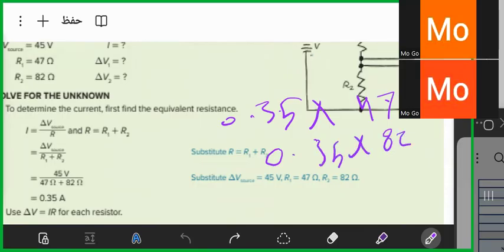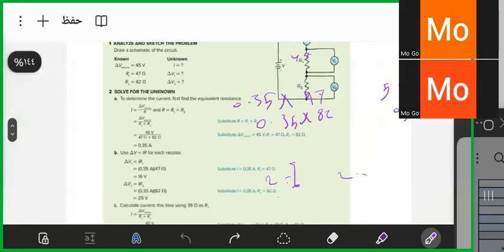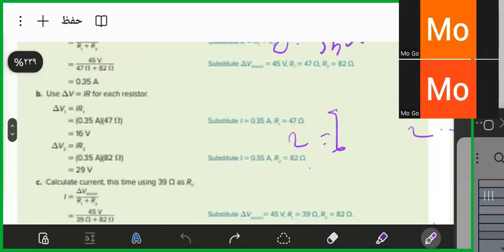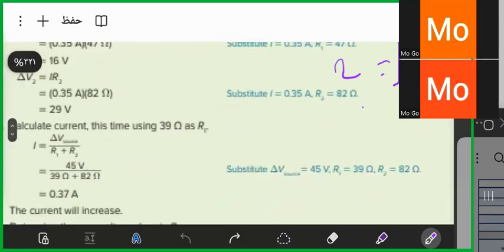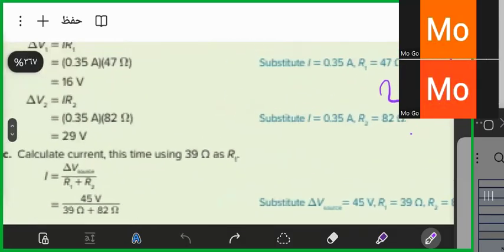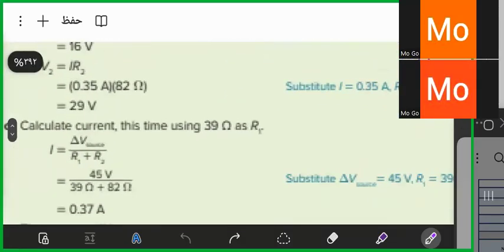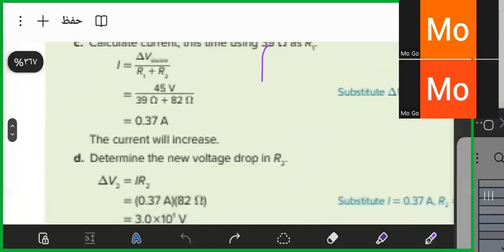So we calculated the voltage for each one here. Add those values. So we can use delta V equal IR and the resistance here. It was 16.45 plus 28.7, 45 volt. And here we can calculate the amount of the total current if we have delta V over